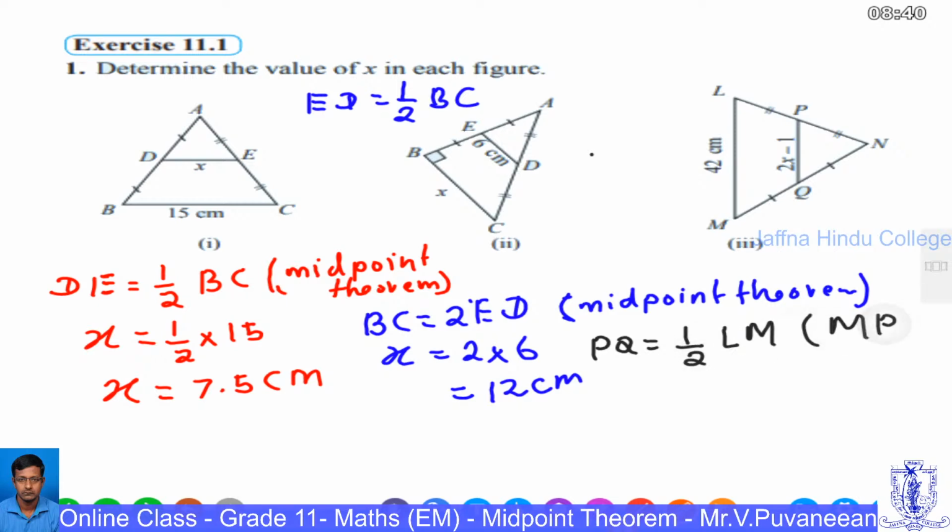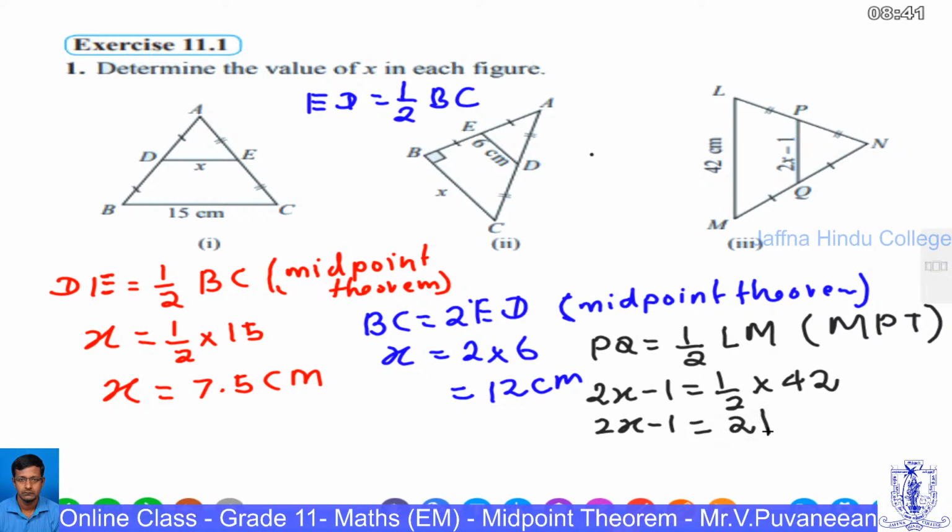PQ is given as 2x minus 1, and LM is given as 42. So 2x minus 1 is equal to half into 42,